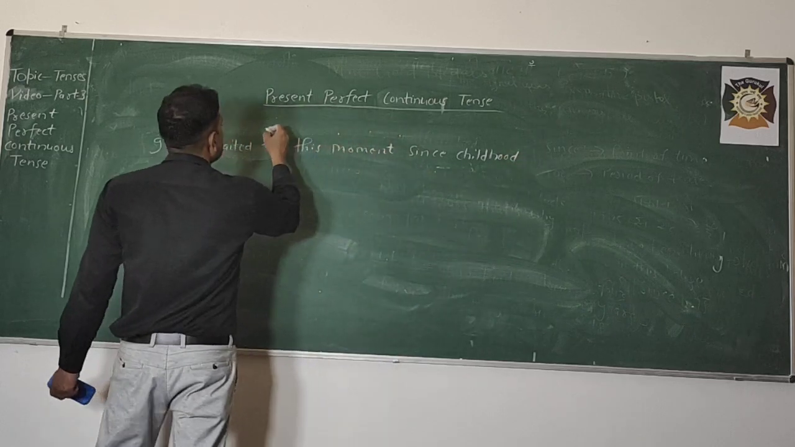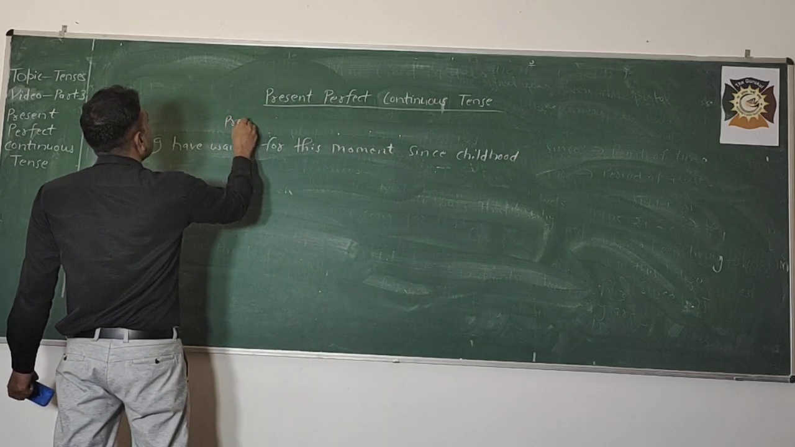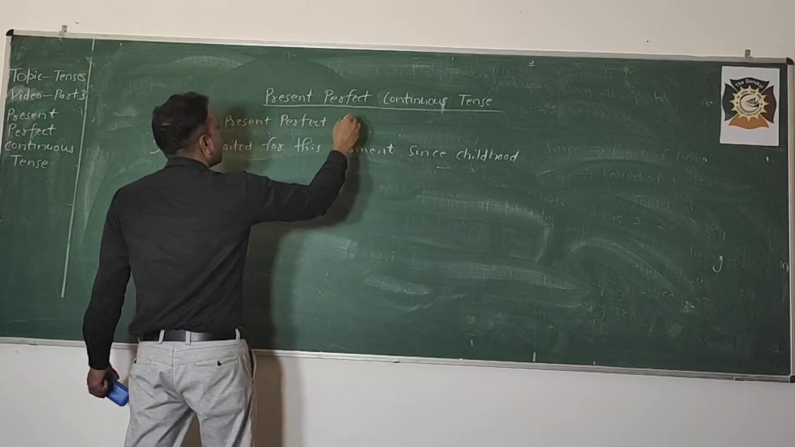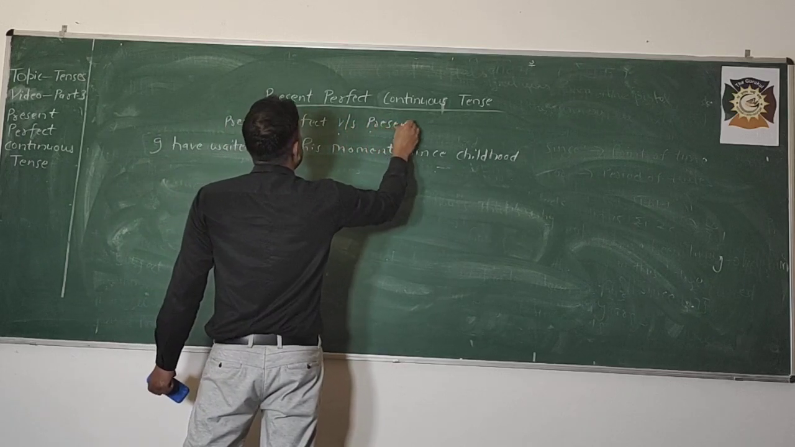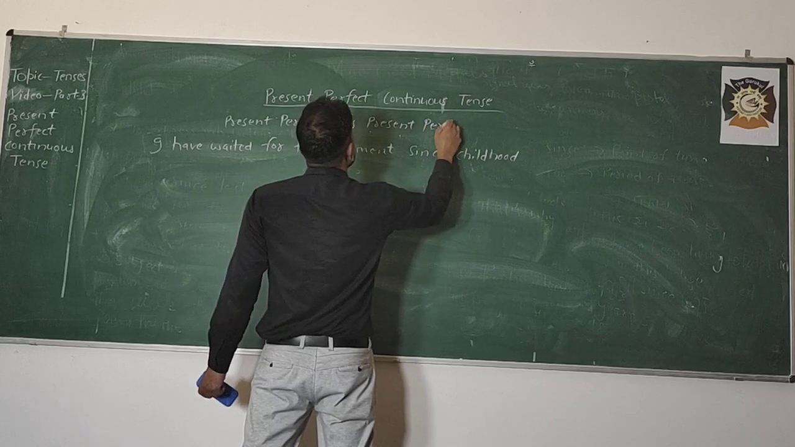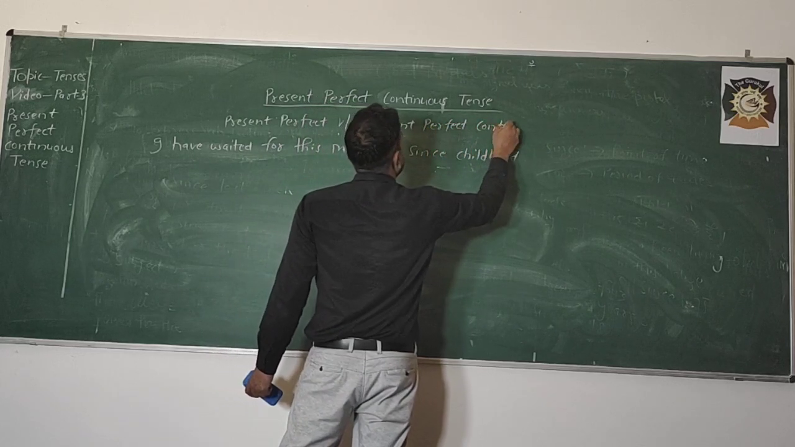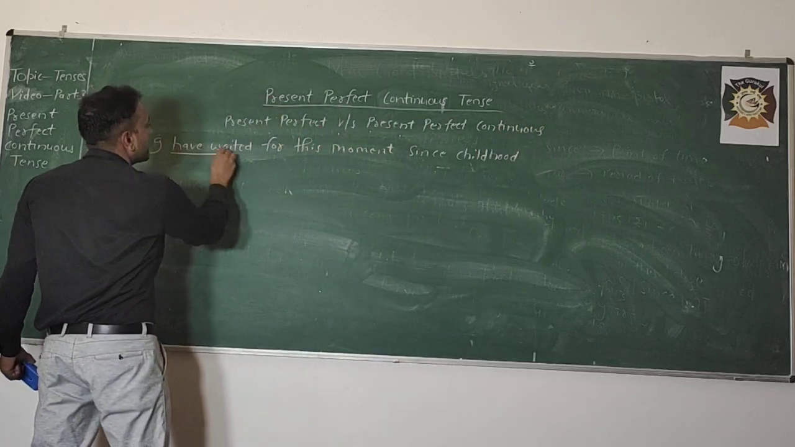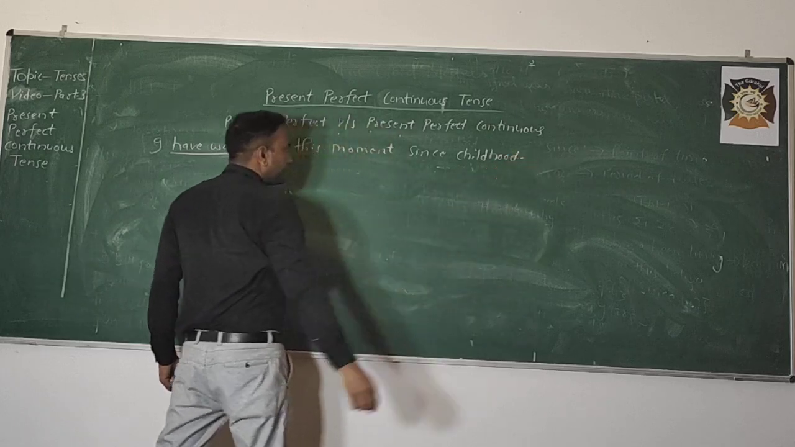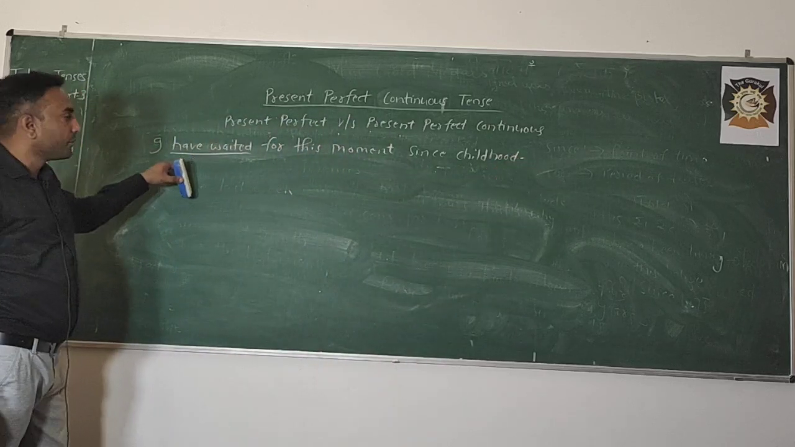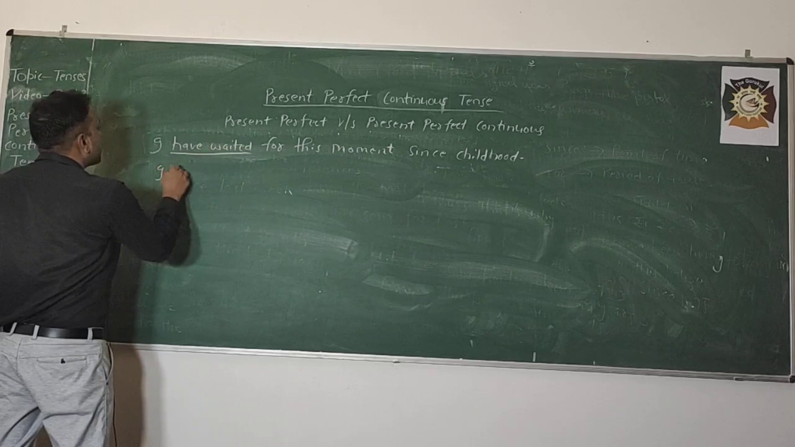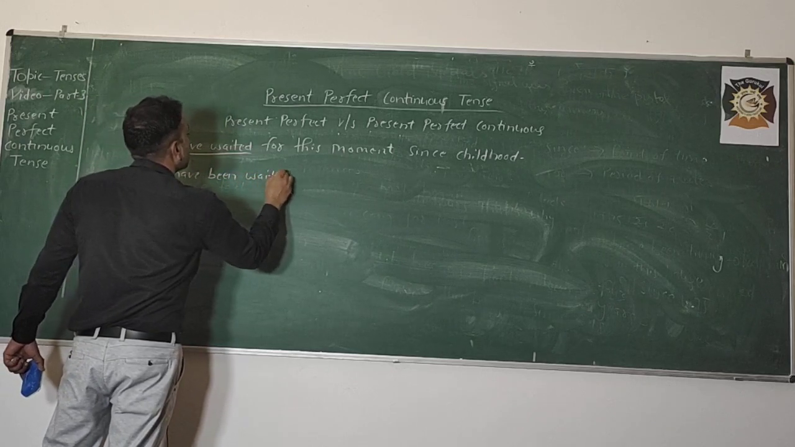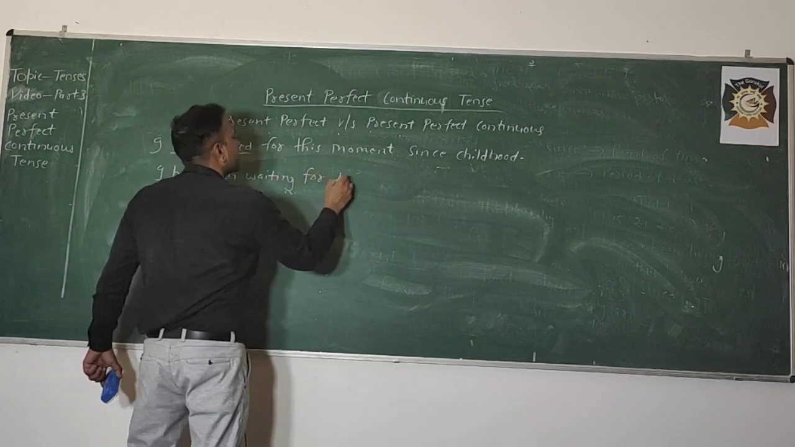This is the difference between present perfect versus present perfect continuous. Since childhood, I have waited. Have waited is present perfect, but you can use the present perfect continuous: I have been waiting for this moment